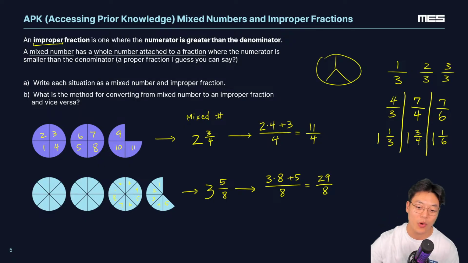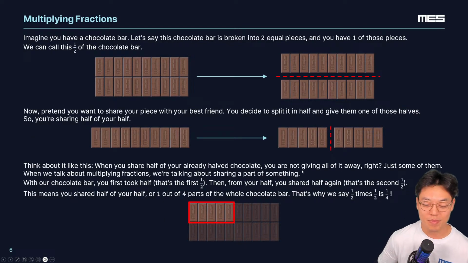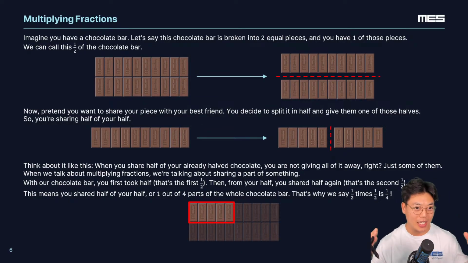Chloe, amazing work. I love the growth you're already showing, and we're not even halfway through this lesson. Great work. Max, I'm sure you got it as well. 3 times 8 is 24, plus 5. Yes, that's correct. 3 times 8 is 24, plus 5 is 29. Amazing. Nice job, Chloe. All right, let's keep this ball rolling. Now, we know how to change from mixed numbers to improper fractions. We're going to need that skill later on. That's why we just covered it as our APK.